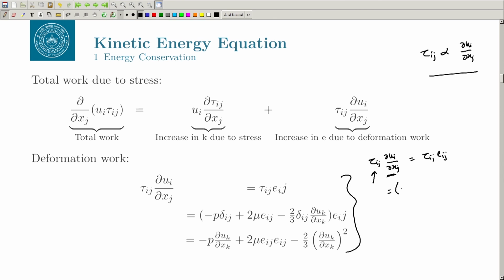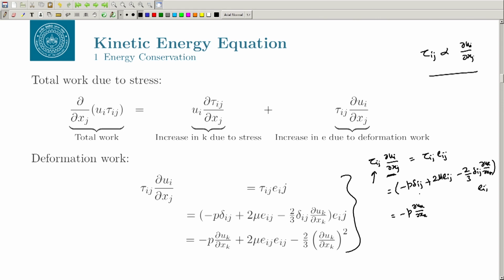So, the tau_ij has got 3 terms. That is hydrostatic, which is nothing but minus P delta_ij, and plus deviatoric. The deviatoric will again have 2 terms, one is 2 mu E_ij, and minus 2 by 3 delta_ij del u_k by del x_k, and multiply by E_ij. So if you multiply P delta_ij and E_ij, it will become nothing but minus P del u_k by del x_k,